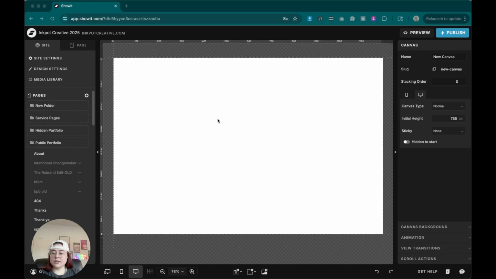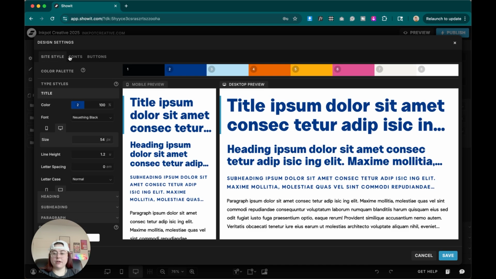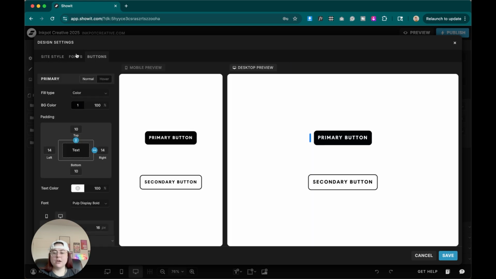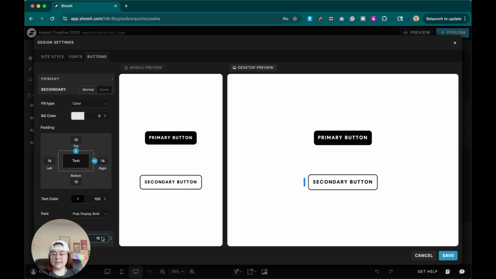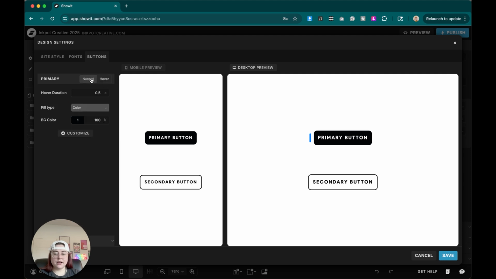So the first thing you want to do with these buttons is set up the default settings. So if we go to design settings, we now have a buttons tab here with our site styles and with our fonts. So we can come in here and we have two different options. We have a primary button, and then down here we have a secondary button. So we see both of them here. We'll also have a normal option and a hover option, so we can customize both of these right off the